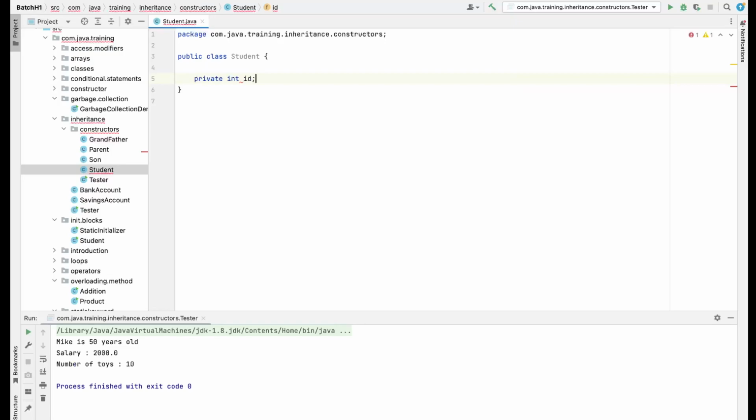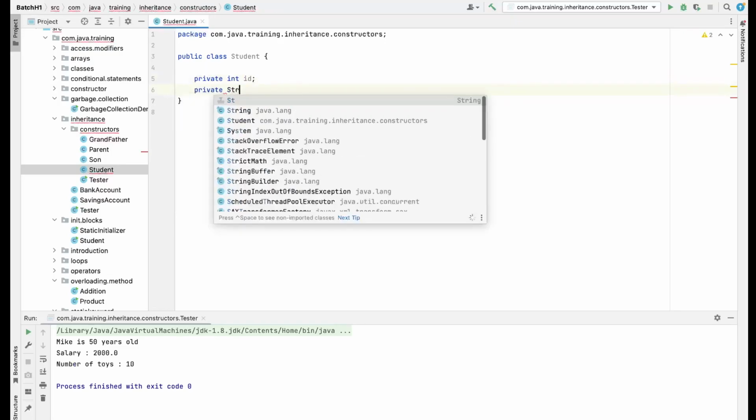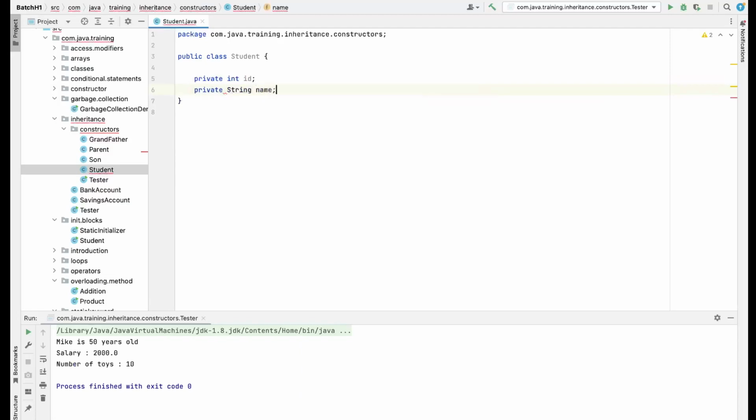Let's say the student has an ID, the student has a name, the student has got some marks in the exam,